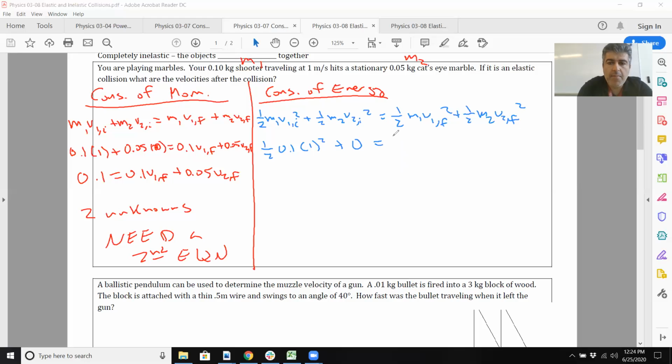Plus, I can probably factor out 1/2. And m1, which is 0.1, v1f squared plus 0.05 v2f squared. The 1/2s will actually cancel. Remember, that kind of goes away, so the 1/2s cancel. So the left side, you're going to just have 0.1. And over here, you're going to have